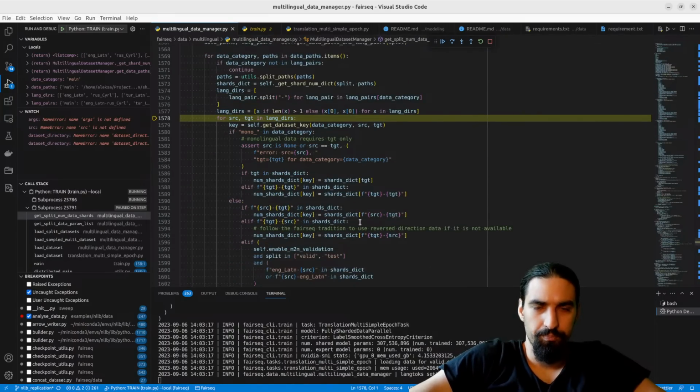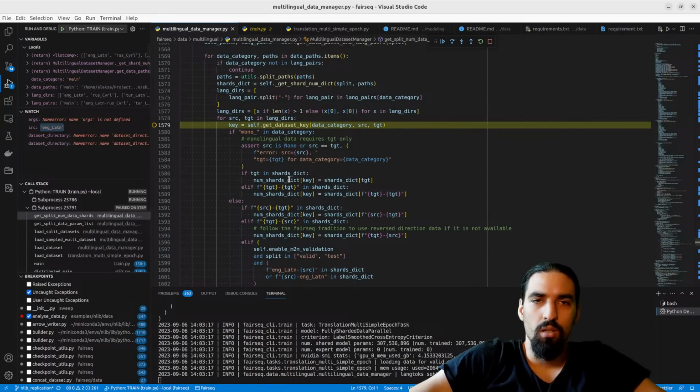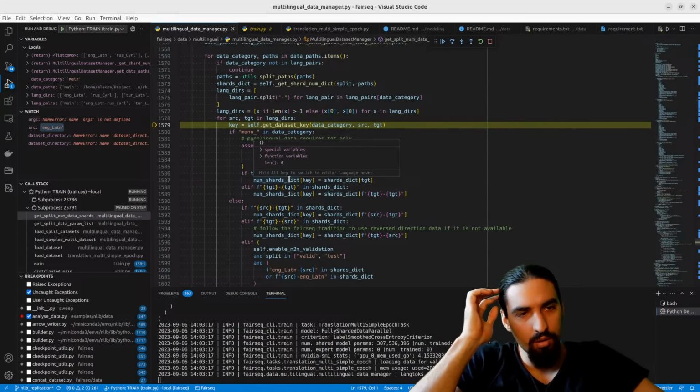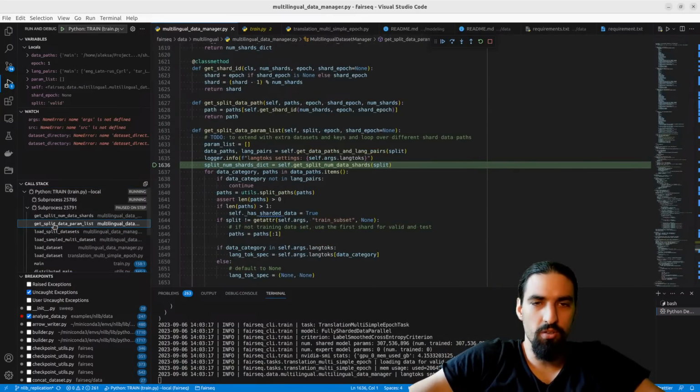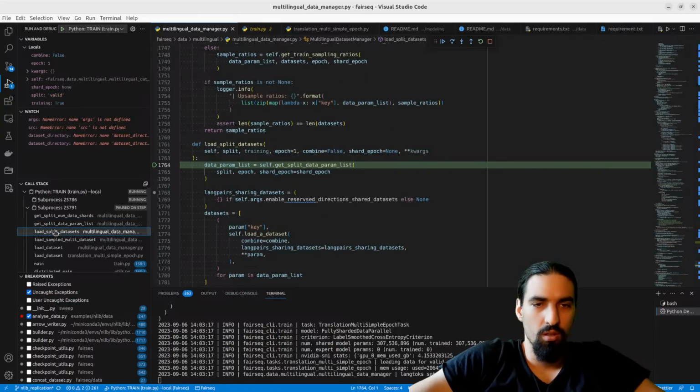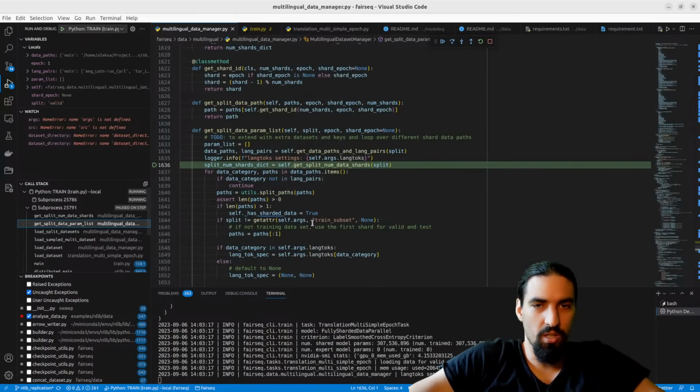Okay. Wait. Load split data sets, and then we enter here. Get split data param list.